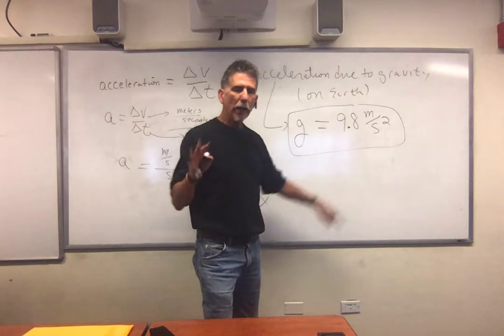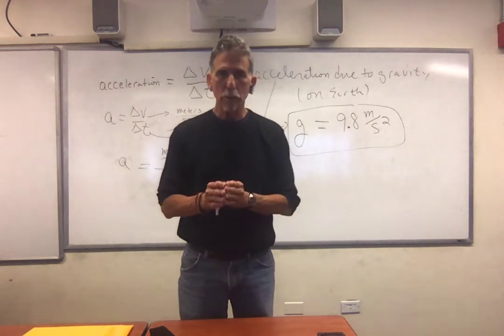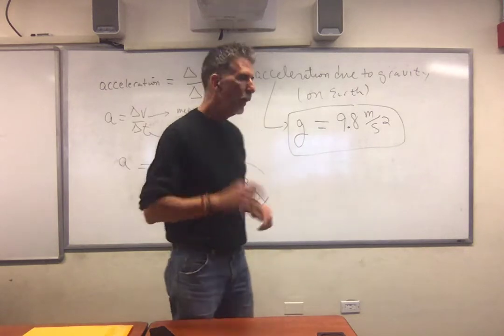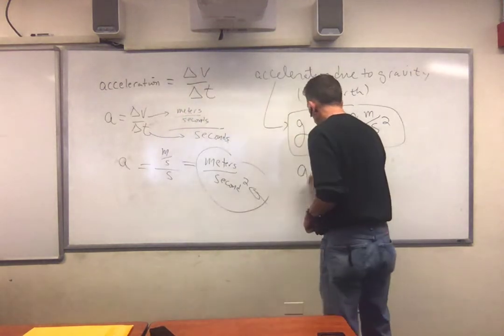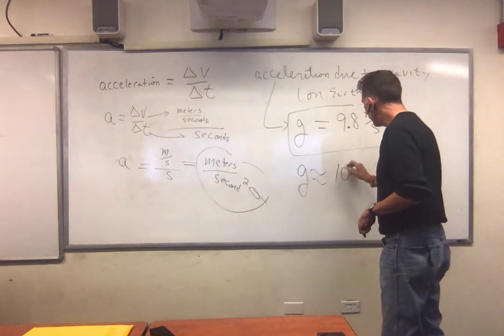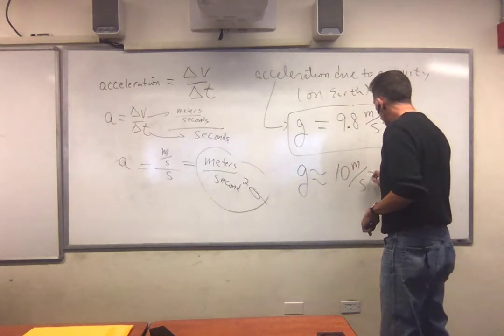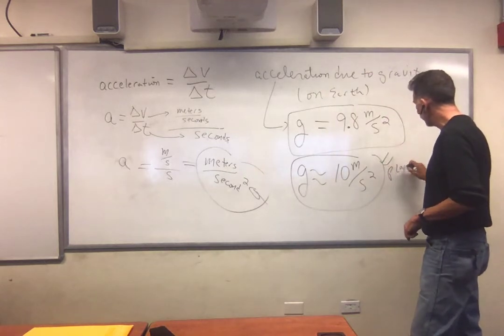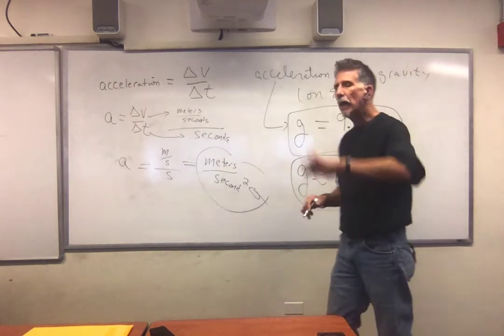Okay? Now, for what we're doing in this course, not in lab, but for the course and for the exams, here's what we're going to do. We're going to take g to be approximately, those are those wiggle lines, 10 meters per second squared. Now, I want to play with this number, okay? We're going to play for a while. And everything we do,